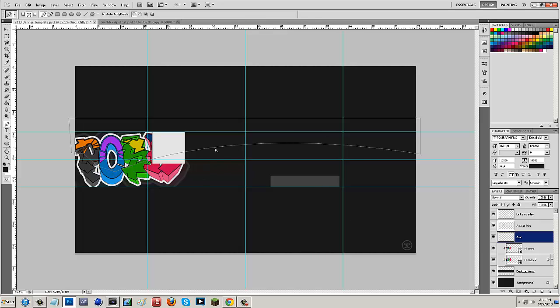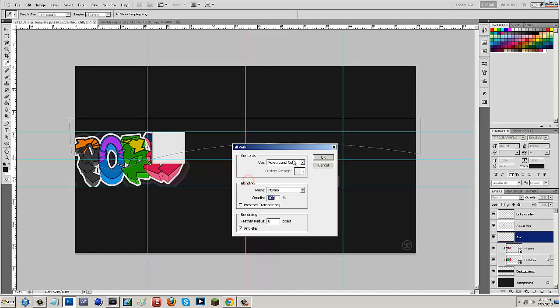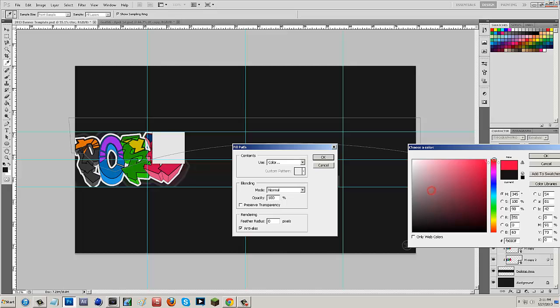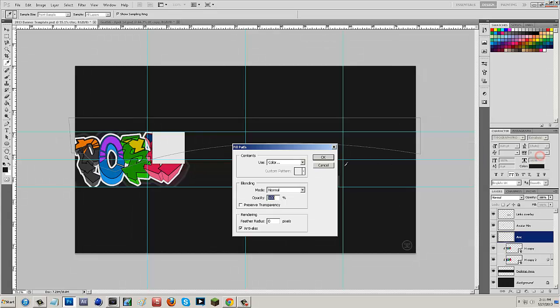And there we go. Now I want to pick a color that's going to catch people's eyes, of course. But I also want it to kind of go with the theme of this text right here. There's not going to be really any color that's going to go smooth with this arc just because it is going to be pink, green, blue, and gray. So what I'm going to choose is, let's see, we're going to go right click and say fill path. I'm going to go to color and I'm going to pick a bright pink just because of the fact that we're using a pink